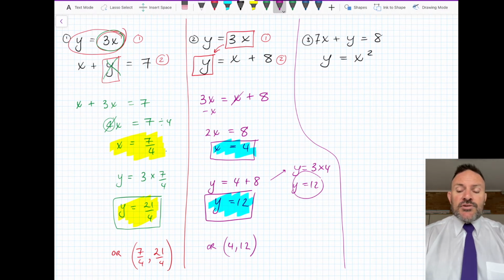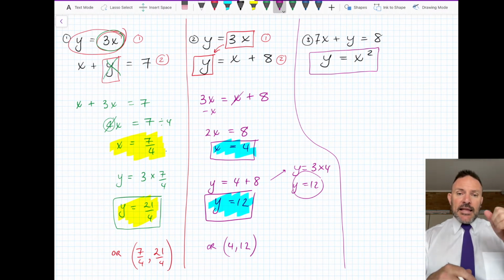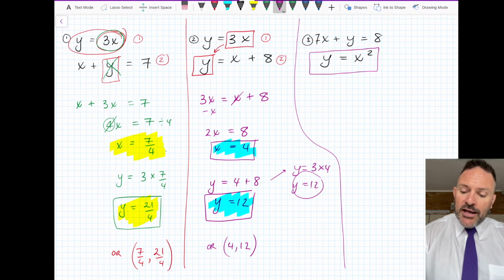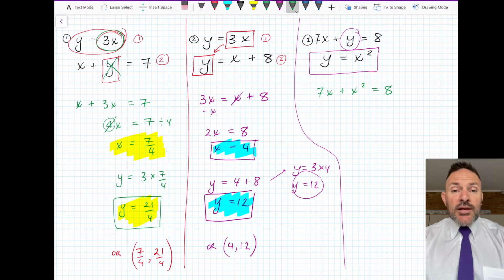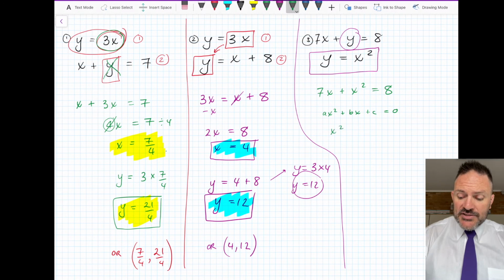Again, similar type of question, right? Because I have this y is equal to x squared. Anytime I have a letter equals, substitution works really nicely. So I'm going to take the x squared and I'm going to simply plot it where the y is. So in this case, we have 7x plus x squared equals 8. Now, of course, when we're solving a quadratic equation, we want to make it all equal 0. We want to have it in the form of ax squared plus bx plus c equals 0. So I'm going to do that now. I'm going to make it as x squared first of all. I'm going to put plus the 7x, and I'm going to pull the 8 across to make it a minus